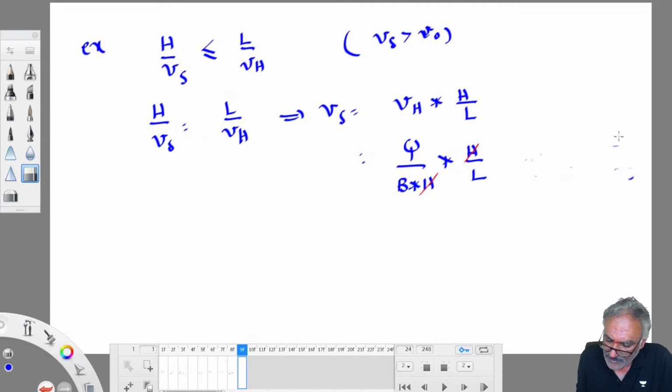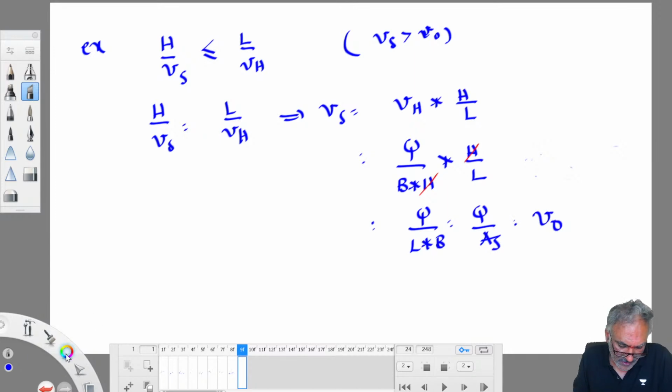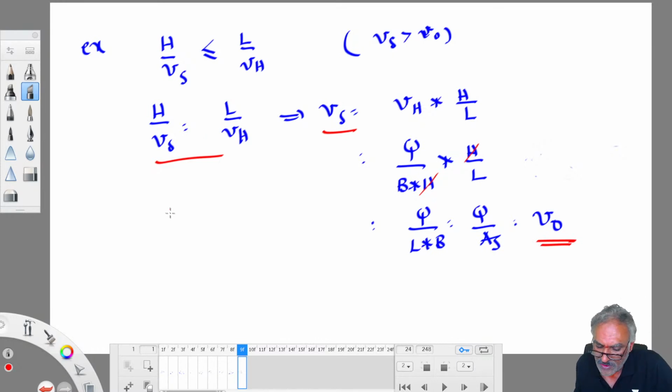So therefore, if it satisfies one condition, automatically it satisfies the other condition. Q by L into B, which is nothing but Q by surface area, which is nothing but V0. So if it satisfies this condition, automatically it satisfies the other condition as well. If H by Vs is equal to L by VH, Vs is equal to V0, automatically satisfied. Depth does not play any role in particle removal because efficiency of particle removal is directly proportional